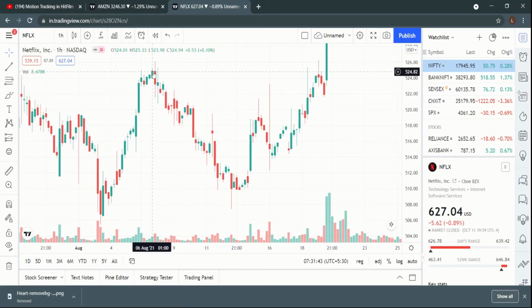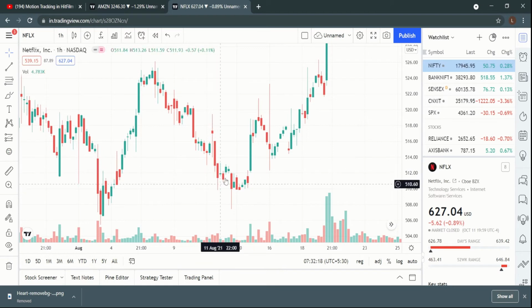So I have pulled the chart of Netflix Incorporation, and this is an hourly chart. As you can see from here, we'll start looking at the chart from here. We see that the prices were declining every hour, and finally around here on 11th of August we see a formation of a hammer. As mentioned in the theory, the preceding trend for a hammer must be a downtrend, and the hammer appears at the bottom of the chart.